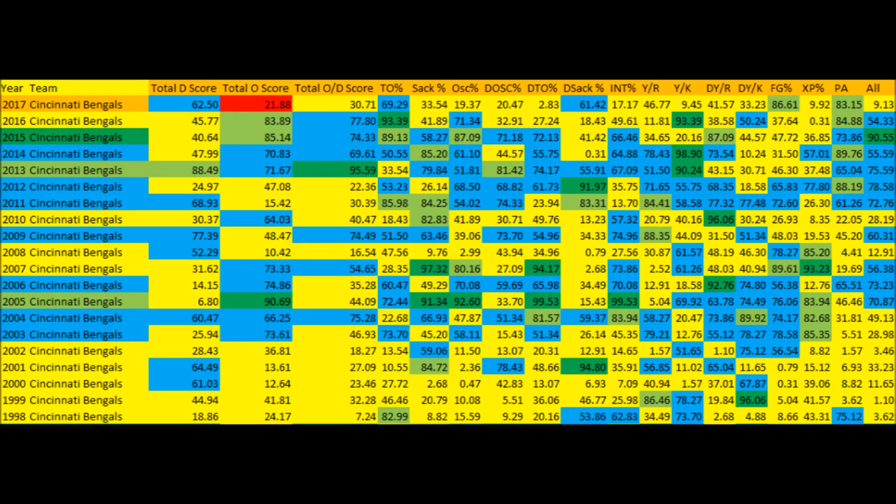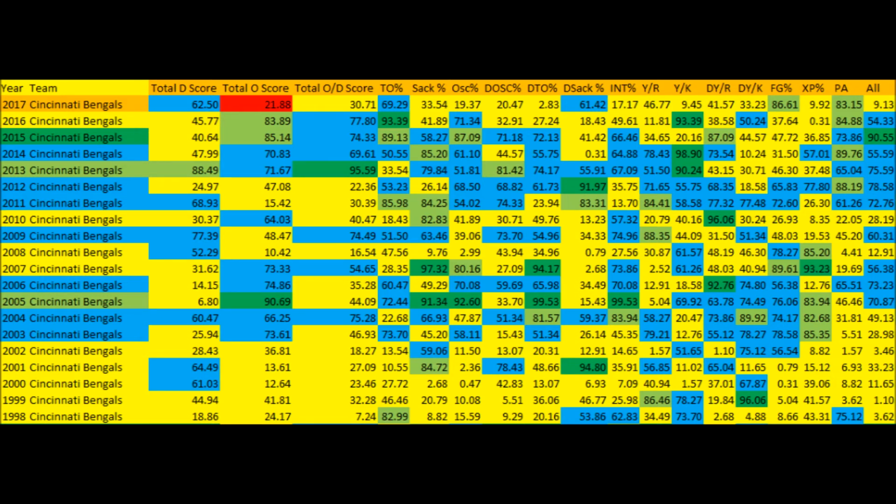2015, probably the best season the Bengals have ever had when it comes to statistics, and then 2016 drop, and then 2017 meh. So for the most part, 2017 was definitely not that great of a year. They pretty much got worse compared to what they were in 2015, kind of a downward spiral, and a lot of it happened on offense too.